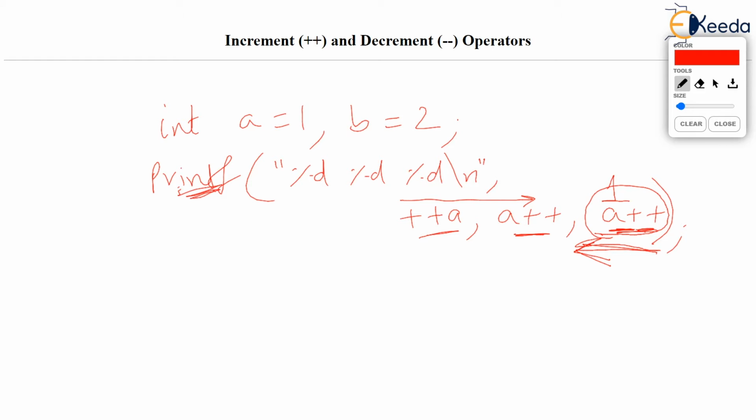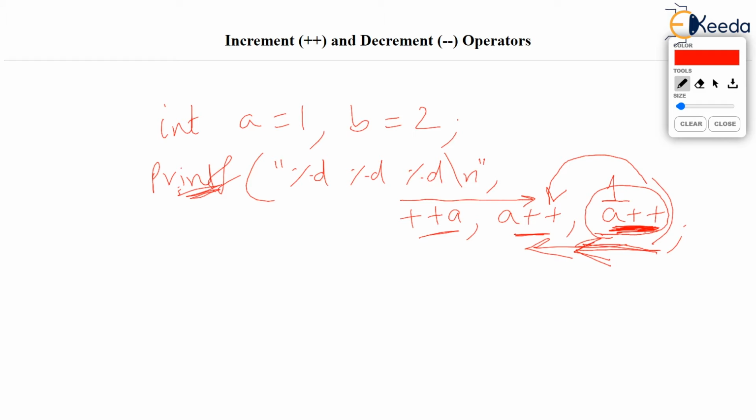But what happens due to this ++ is a gets increased by 1. So a becomes 2. So by the time you come to this expression, now the second last expression, a has already become 2 due to a++ here. Now let's see what happens due to this.